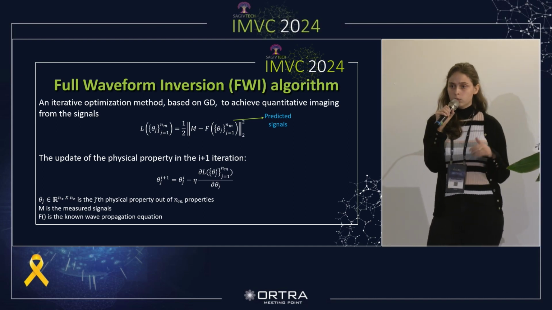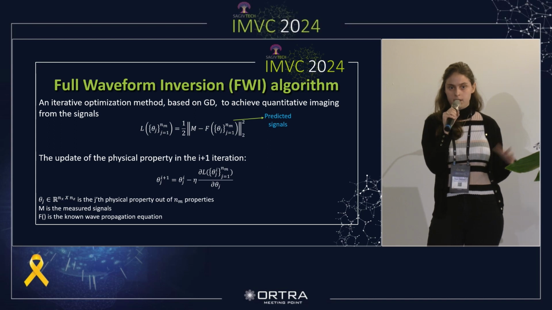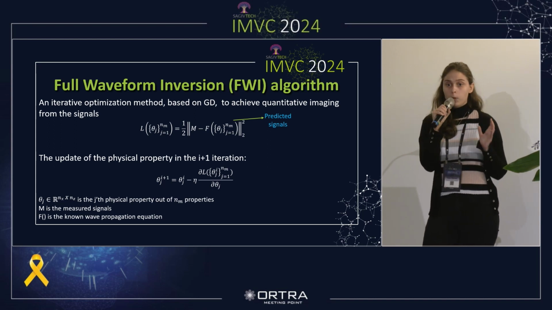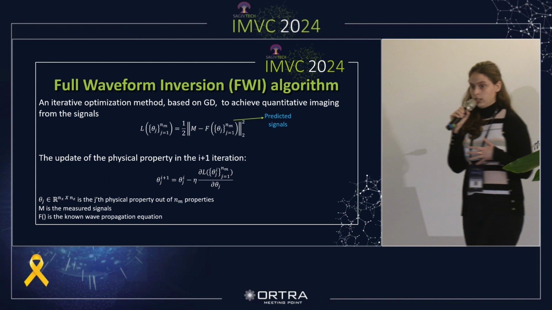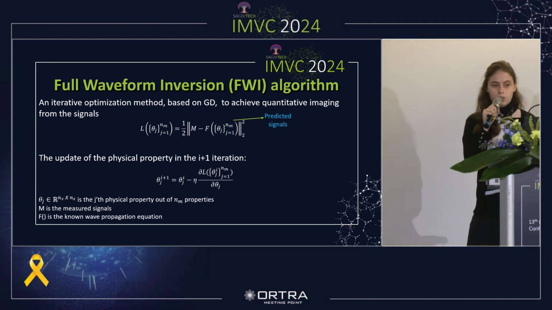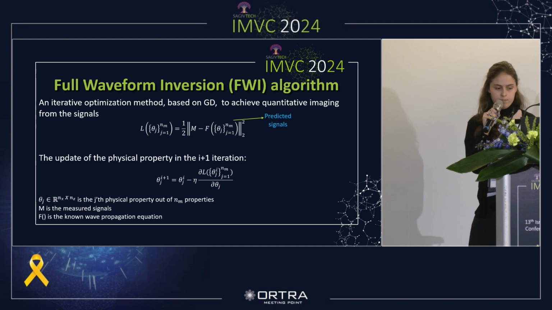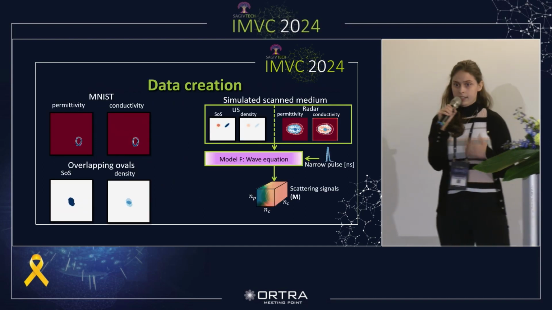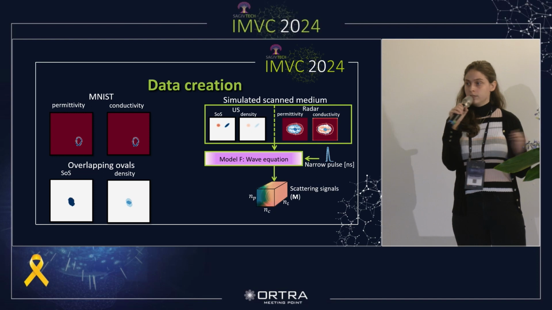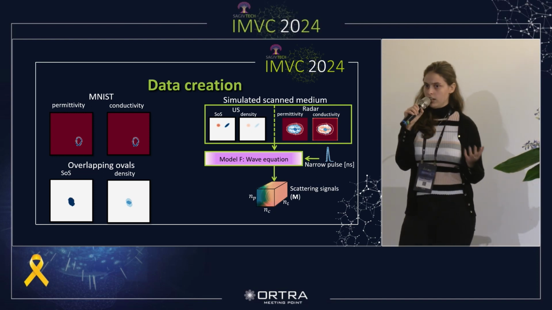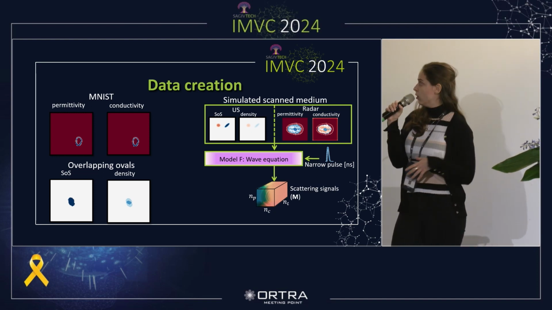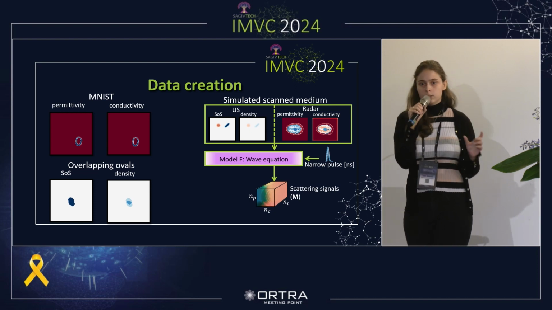one according to initial guesses of the physical properties, denoted as theta, and the wave propagation equations, denoted as the function f. We are going to use a neural network to recover the physical properties in real time. We use simulations as a training set, and we use diverse training sets. For example, random object shapes based on the MNIST digits, or realistic brain slices with a random stroke based on